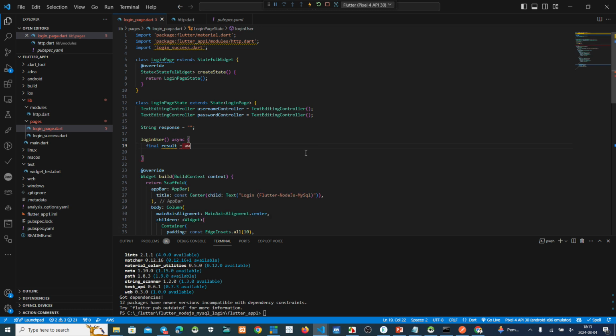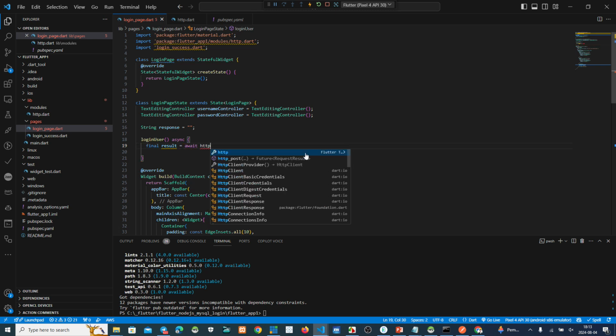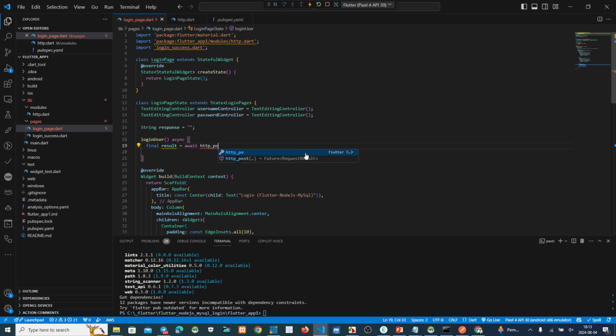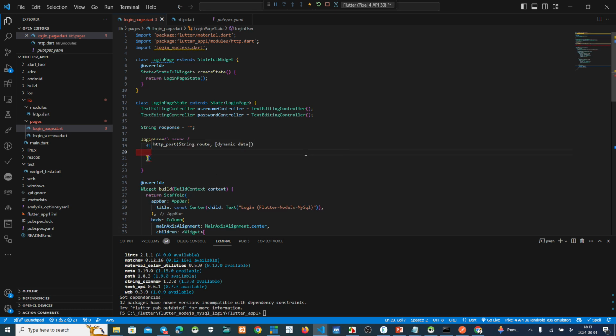Yes, await http_post here. Make the name this one: login_login. Comma. Okay.